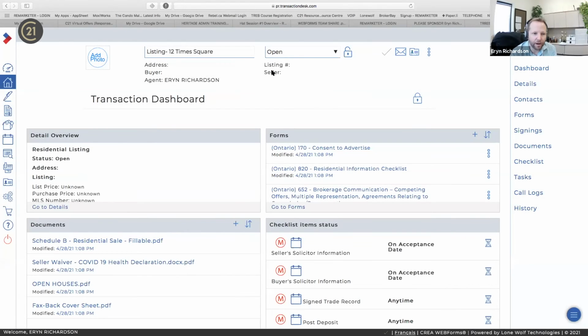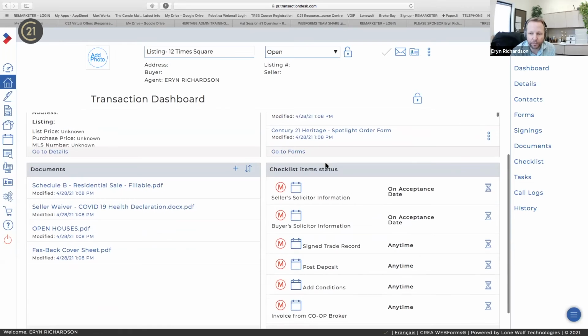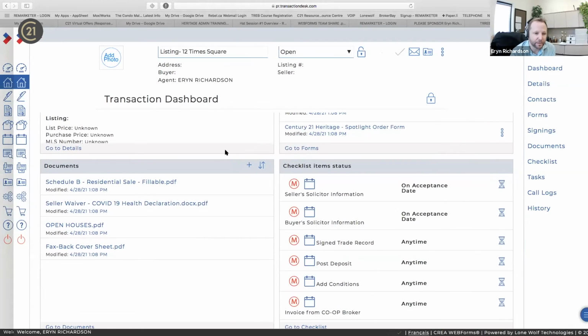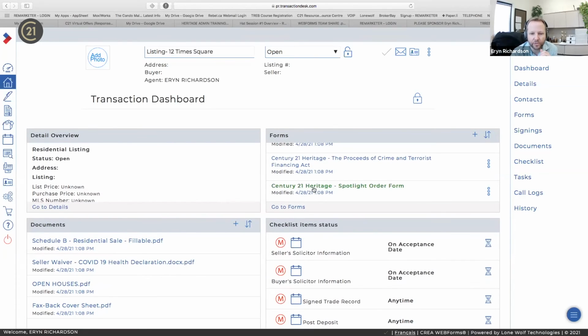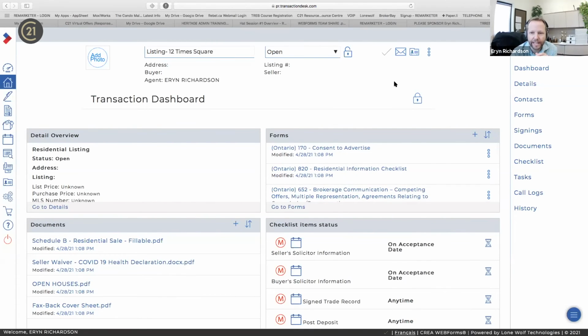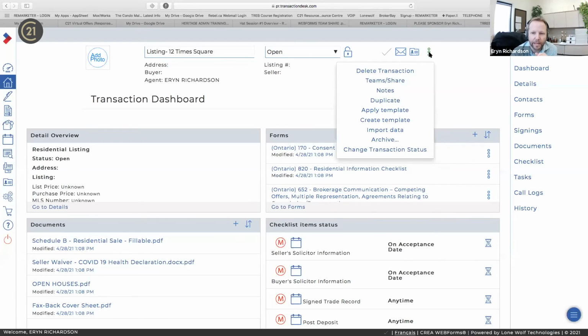So now I'm opening up that folder, and I'm looking in that folder with all the forms that have already been put in there for me, as well as some of the stuff for listings that have already been put into the document section. So there's some waivers and Schedule B and stuff like that we put in there as well. So we've created this folder for you. The top right hand, right up here where it says menu, this is where I'm able to go back into the Teamshare option